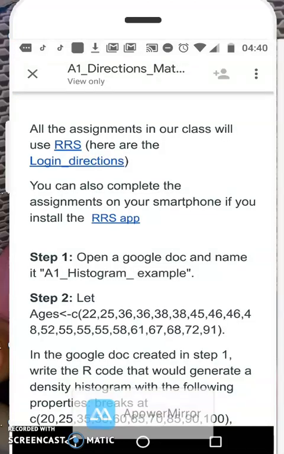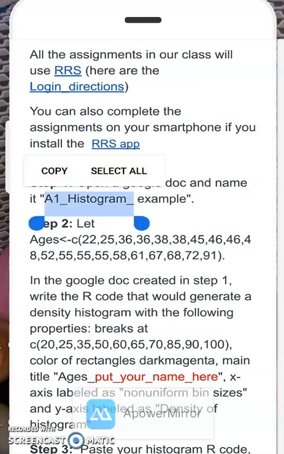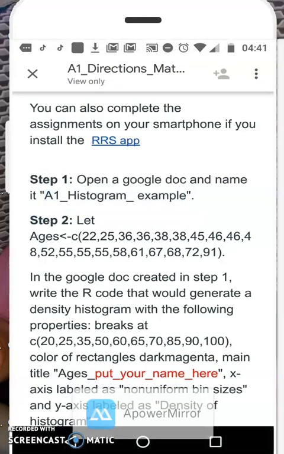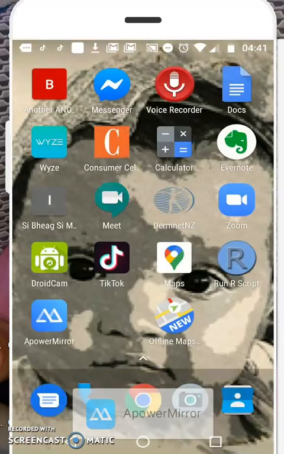Okay, so here's our directions. So the first step is to open a Google Doc and name it A1 histogram example. Let's take this A1 histogram example, copy this. Now let's go to Google Docs now. So up here, my Google Docs,